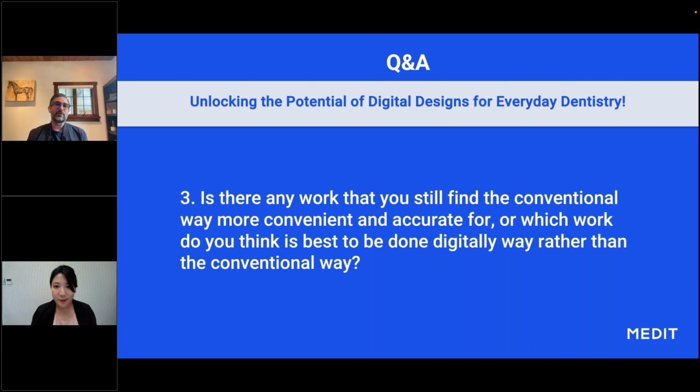I'm not ever going back to a wax up, because with a digital design, I can have the patient's face, I can have their scan, I can do the whole design, I can make changes quickly. So I think there's very little that is better with the conventional way, but one thing that I am